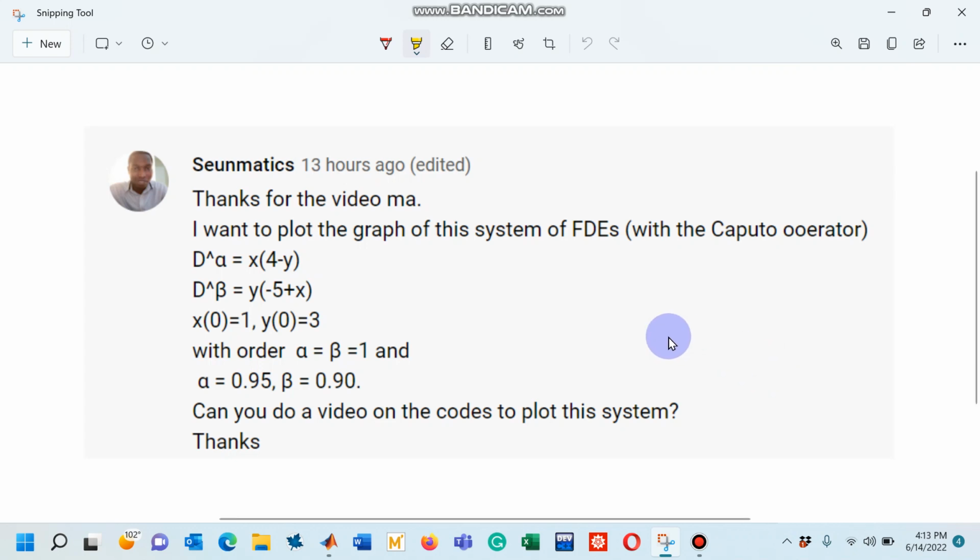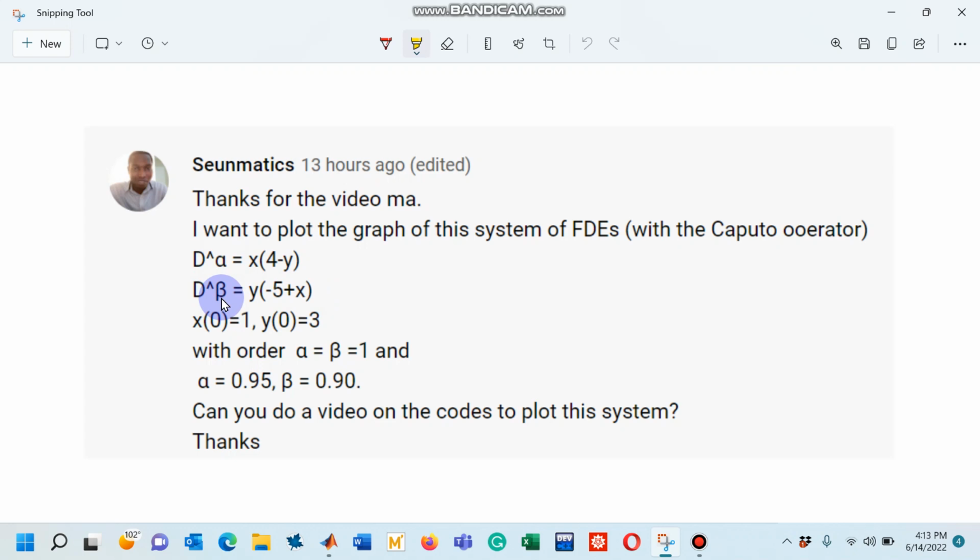I will answer a question that has been asked by a viewer. This viewer wants to plot the graph of a system of fractional order differential equations that are defined with the Caputo operator. As you can see on the screen, he has two differential equations. In the first differential equation, the fractional order used by him is alpha, and in the second equation, the